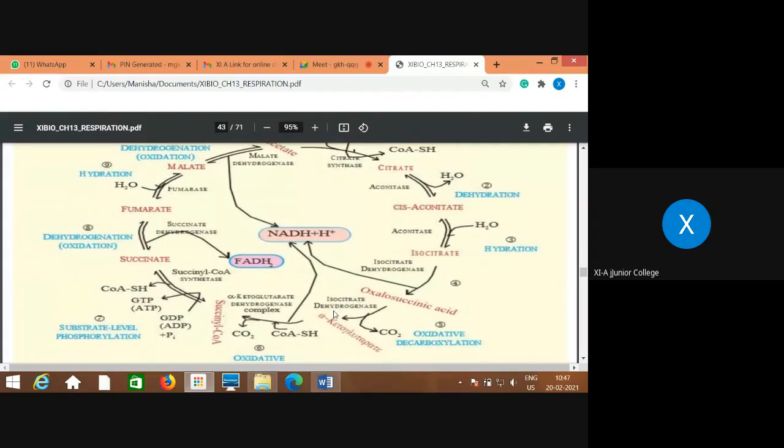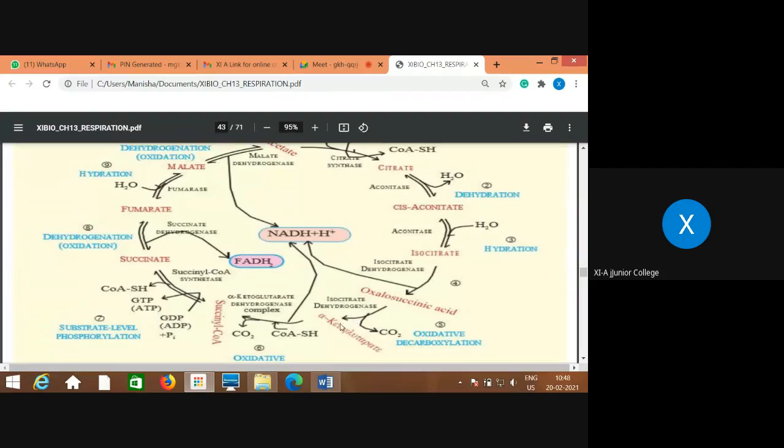And what is that 5-carbon compound? Alpha ketoglutarate, or this is also called alpha ketoglutaric acid. One and the same. In presence of decarboxylase as well as dehydrogenase enzyme, this reaction takes place where the 6-carbon compound oxalosuccinic acid gets converted into a 5-carbon compound with the removal of 1 carbon atom in the form of CO2. So this is called decarboxylation reaction. At the same time, this is also called oxidative decarboxylation.